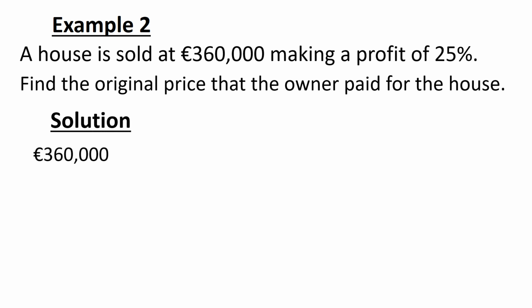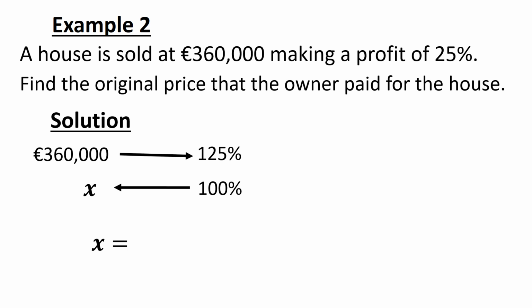360,000 euros corresponds to 125%. Since the original price should be 100%, then we ask ourselves, 100% corresponds to what? Let this be x. Then by cross multiplication, x equals